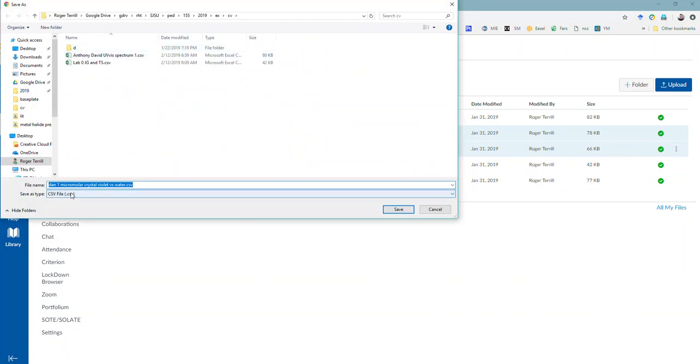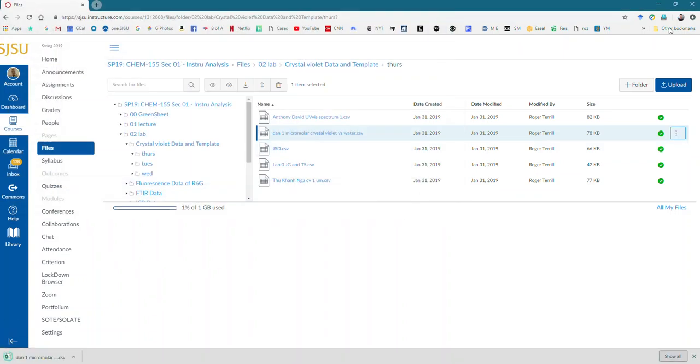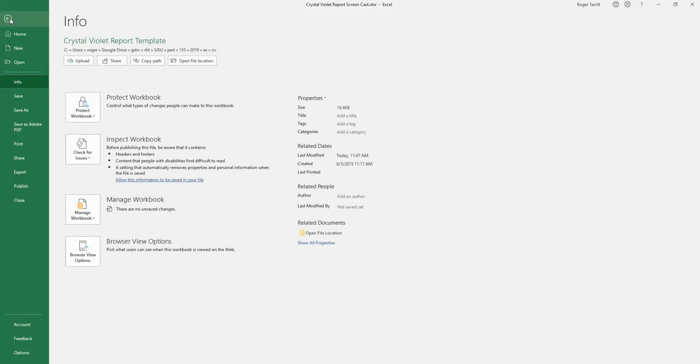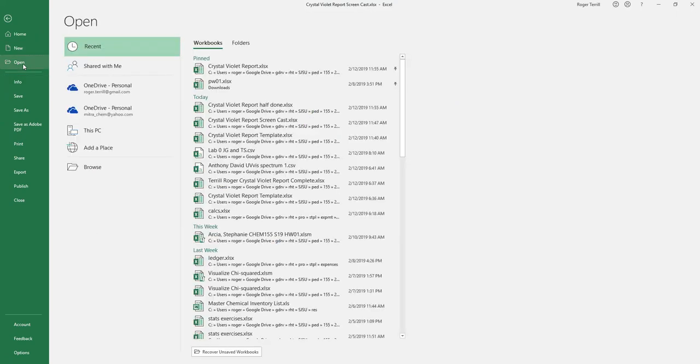and it's going to put it in a CSV file format, and I'm going to specify the folder that I have for the Excel data files there, right? I'm going to save that. I'll put this up here. Now I'm going to go File, Open,